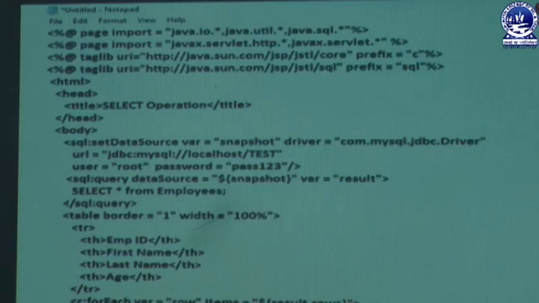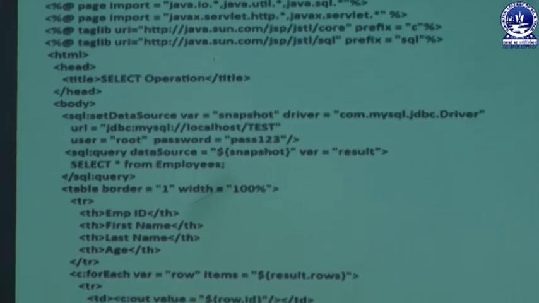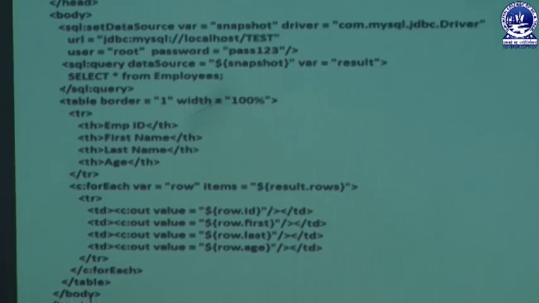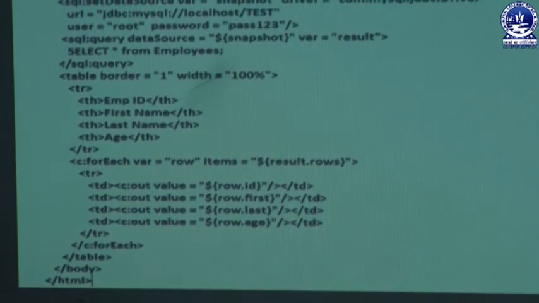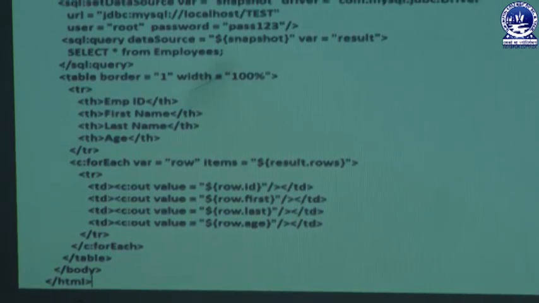Then that is the heading part. Similarly we are creating 4 data cells in our table: row.id, row.first, row.last, and row.age. In this way we create our table in proper order, where automatically, if a user wants to retrieve the ID, the name from the first name section, or the last name from that table, it is retrieved through row.last, then row.age. In this way we are retrieving each and every part of our data from our database. It is a normal way of representation.